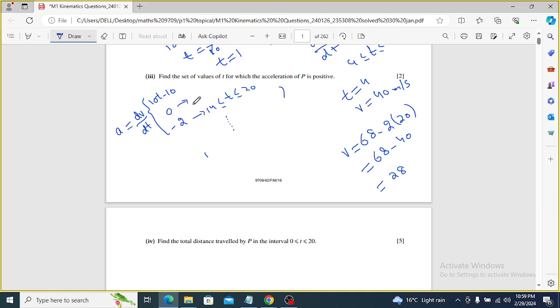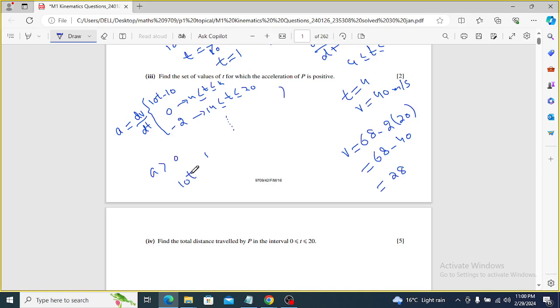This is the derivative for the time interval from 4 till t less than or equal to 14, and the first one was from 0 till 4. Acceleration is positive. Acceleration is greater than 0. When acceleration is positive, your first derivative